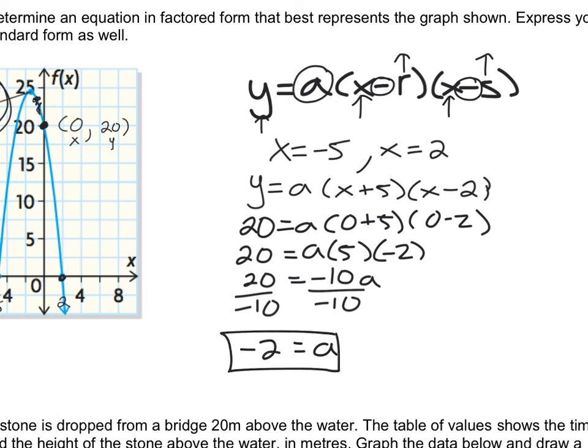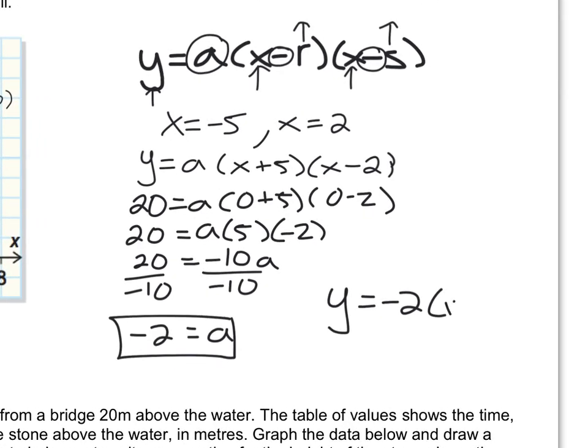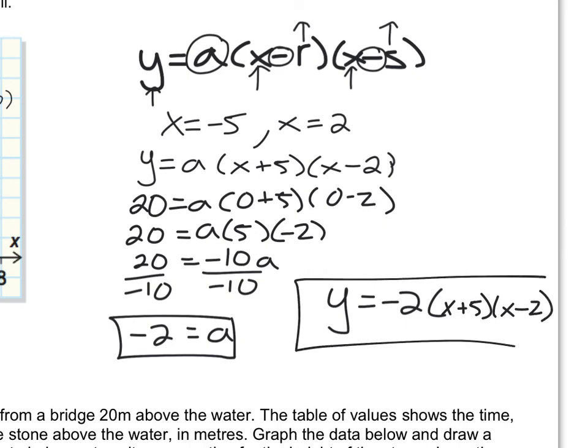Fantastic. Now at the end, I'll write out my equation. y equals -2(x + 5)(x - 2). Remember, when you're writing out your final equation,